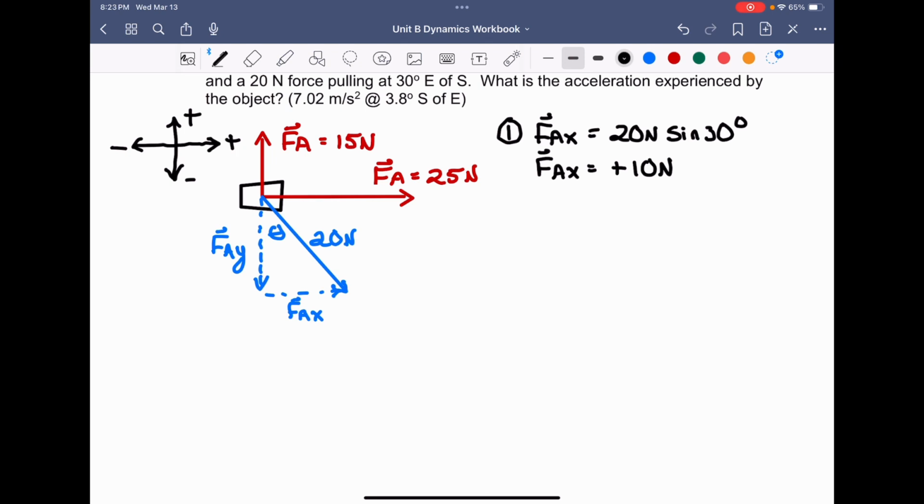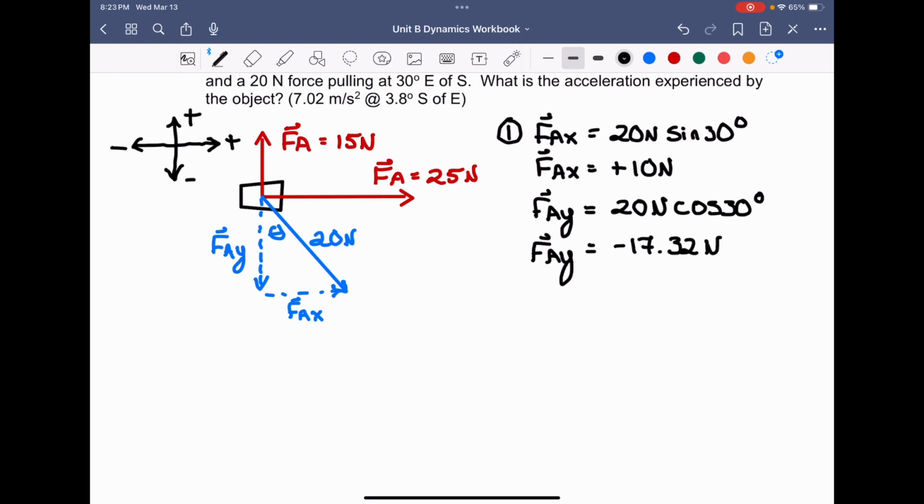Yes, positive 10 newtons. Now, for the second piece, I'm going to do FAY because we want the y component of this one. It's going to be equal to 20 newtons. And as soon as you use sine, you know it's cos because, well, not only is it in the adjacent over the hypotenuse position, but it's also the fact that we've already used sine and it can't be sine and sine. So this is going to be cos of 30. And when we write out the magnitude, you're going to get FAY, which is equal to, and then when we put this in our calculator, I believe we get negative